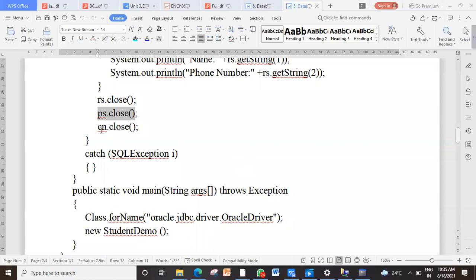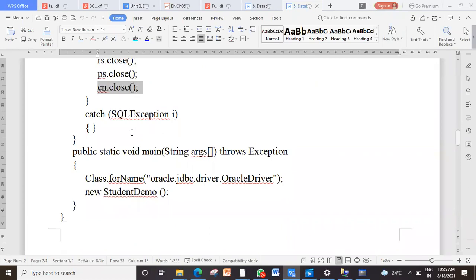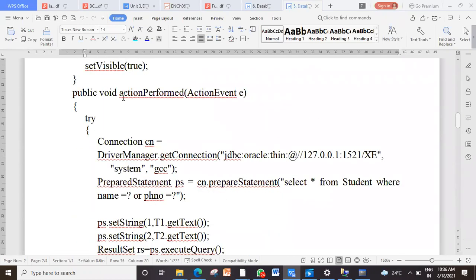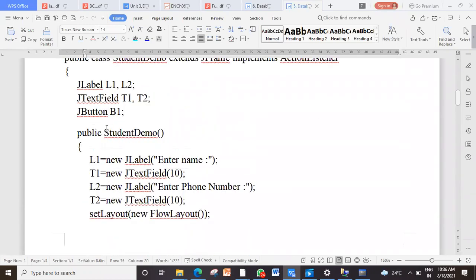I also close connection object. Then in the catch block, you can pass whichever statements you want, but it can be even blank. Which exception am I handling here? Clear? Then all this code, I have put in the constructor.